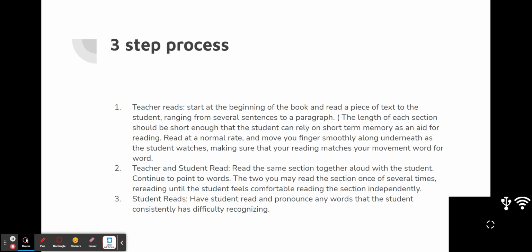2. Teacher and student read. Read the same section together aloud with the student. Continue to point to words. The two of you may read the section once or several times, rereading until the student feels comfortable reading the